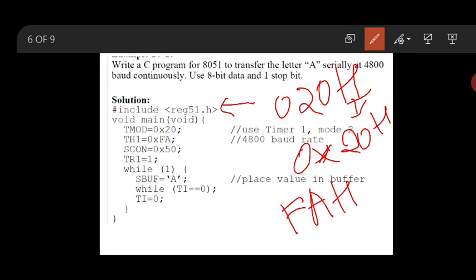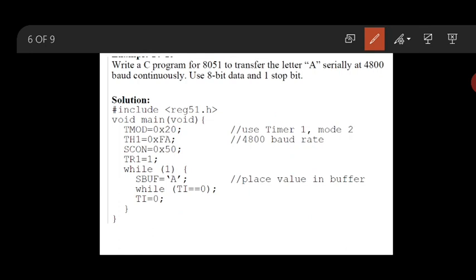It will start giving an error. So what we use is 0x. What is the number? FA. It indicates that FA is a hexadecimal number, in order to represent it in a C program. This is essential: 0xFA. FA is a hexa value, and x indicates that it is a hexadecimal value to be loaded into the register.